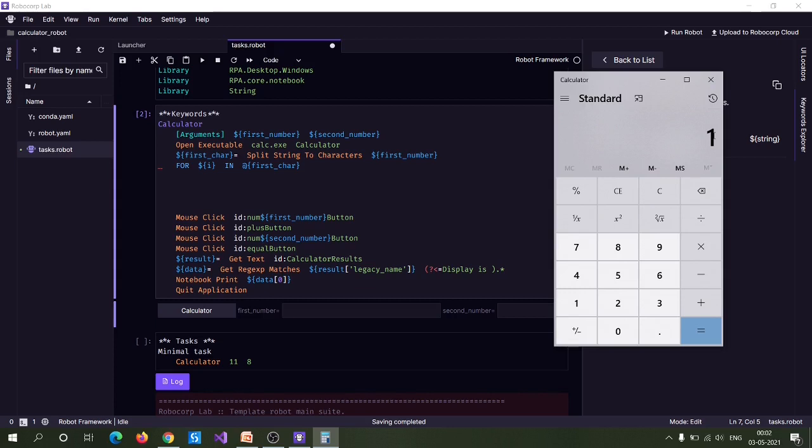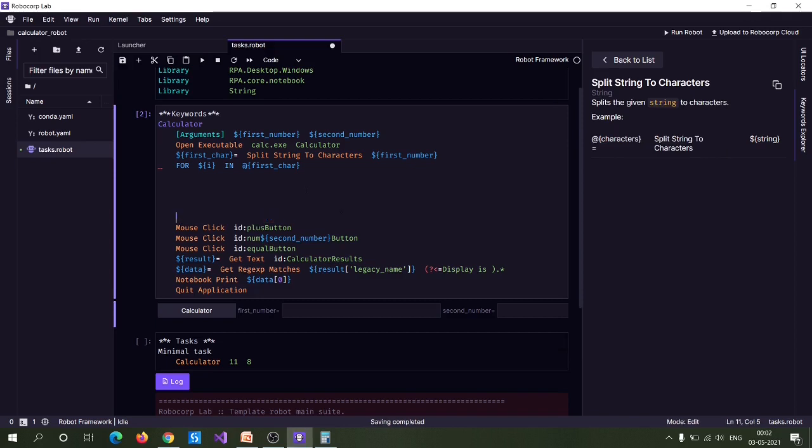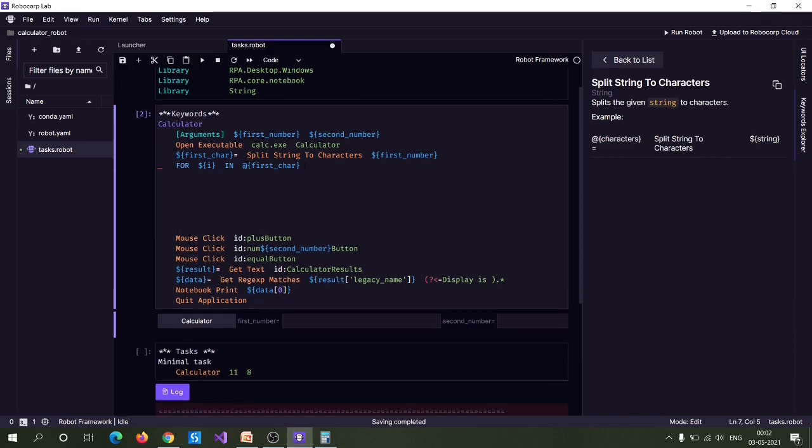For that, you can specify the same mouse click keyword, but with a modification. Here, instead of first number, you can provide i.